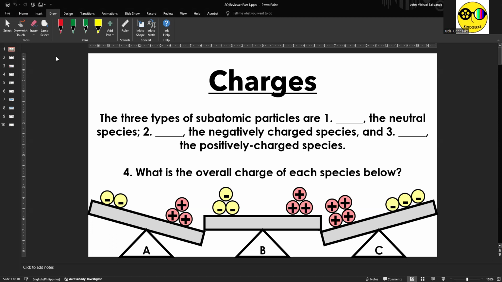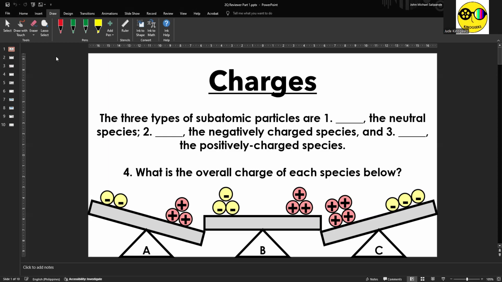So the topics for second quarter cover a range from electricity and magnetism down to mirrors and lenses. So in this reviewer, which is part one, first half, goes way back to when we first discussed it in late September or early October. Okay, so let's start with charges.